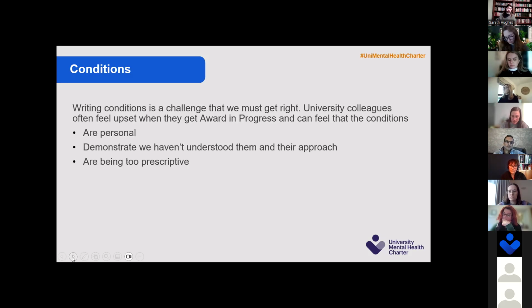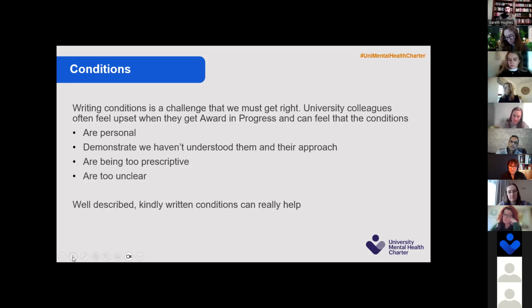Or they feel that we're telling them what to do in a way which doesn't fit their context and is too prescriptive, which generally isn't the case, but that's sometimes the interpretation they make. Or that the conditions are too unclear, and there have been occasions where, and it's getting better and happens much less now than in the early days, the conditions aren't clear, and they're not sure what it is they're being asked to deliver overall.